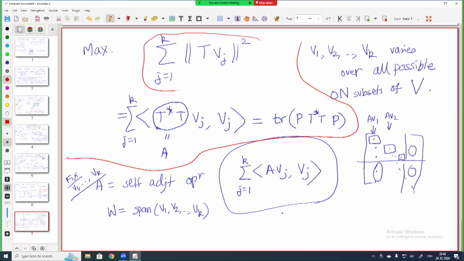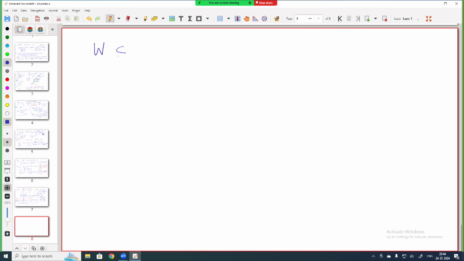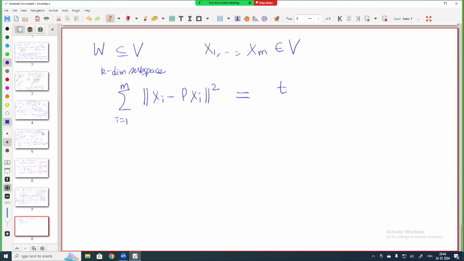I find this again a rather fascinating fact at the end of the day, that we have converted this quantity. This quantity is the sum of the squares of the distances. So let us summarize, the summary itself is worth remembering. If I give you a k dimensional subspace W of V, and I give you those m points x1, x2, xm in V, given all this data, the sum of the squares of the distances is the trace of P T star T P. That is what we have managed to prove. Already a very remarkable statement, I feel, where T is that particular operator. That operator is always in play. It is an operator from V to Rm, which takes every vector to